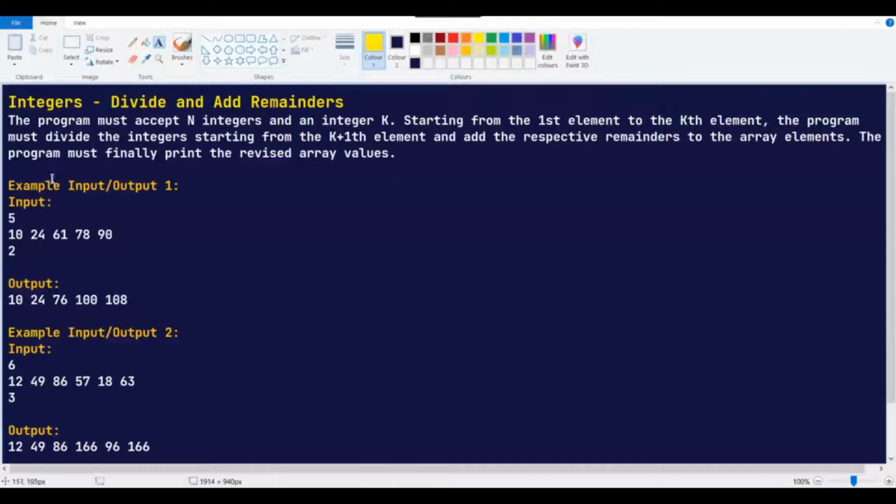Finally I figured out they have passed an integer n, n space separated elements, and they also passed the value k. So we just need to divide the elements after the first k by the elements in the range of k. For example, in this case the k value is 2, right? So this is the barrier. We just need to divide all these elements by these elements, and add the remainder